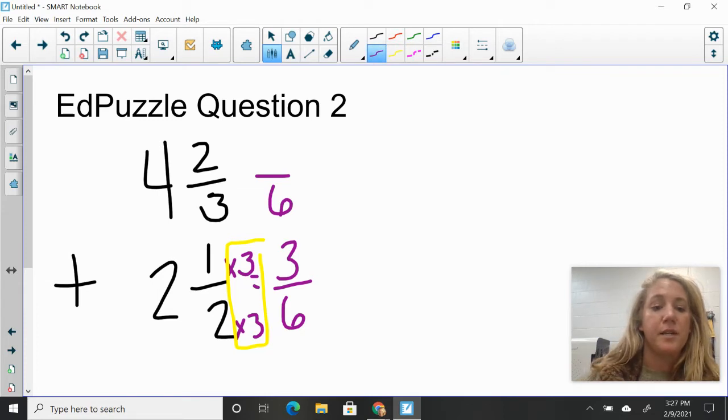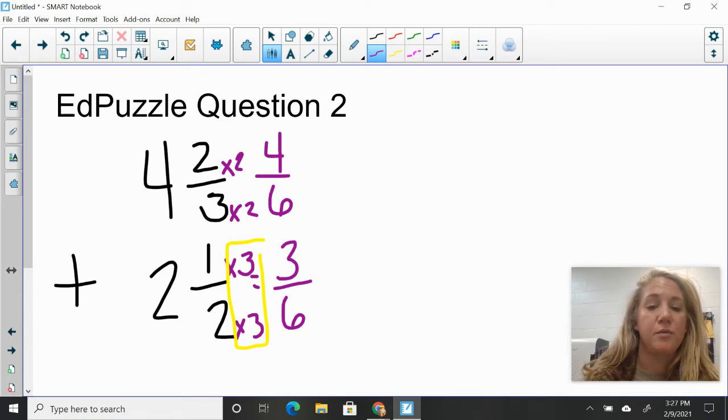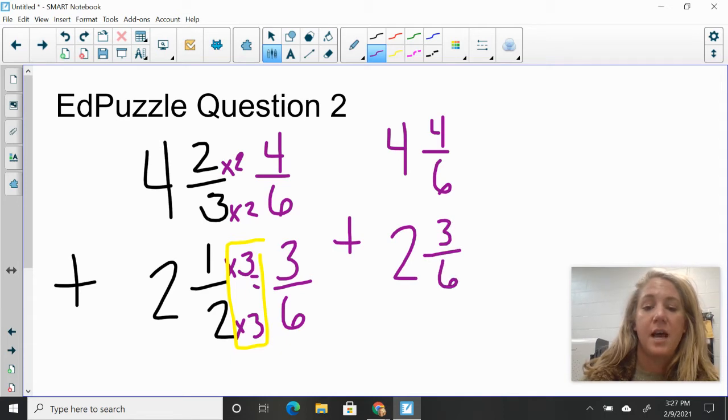So 3 times 2 is 6. So I'm going to do the same thing to the top, and 2 times 2 is 4. So 2/3 is equivalent to 4/6. So now I'm going to rewrite this over here. I have 4 and 4/6, and to that I am adding 2 and 3/6. I always add my fractional parts first. And so in this case, 4/6 plus 3/6 is going to give me